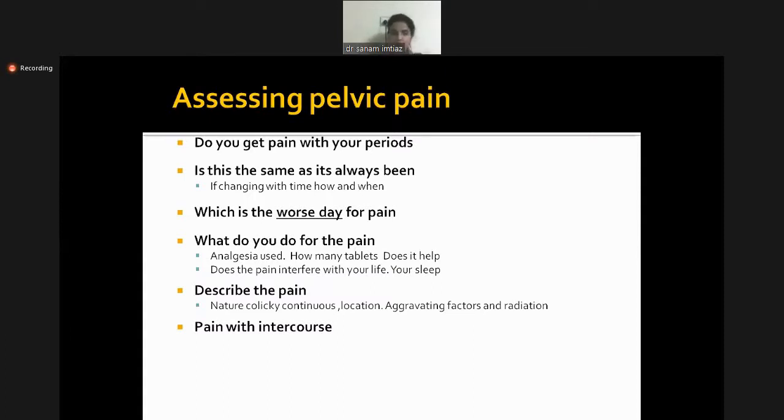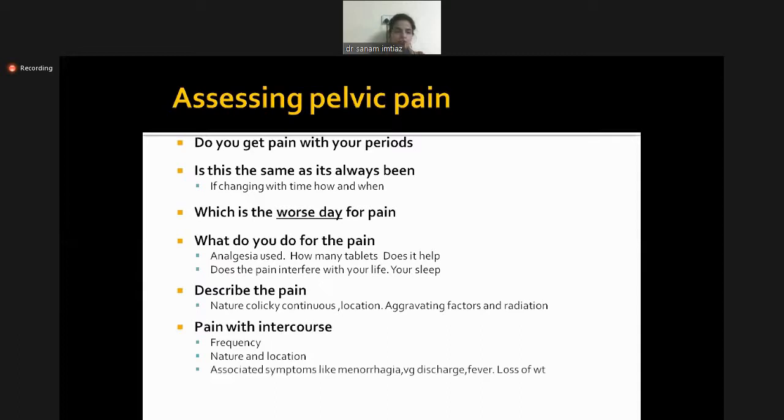So with time, you will understand the relevance of most of these questions and how you can relate them to any kind of provisional or differential diagnosis. So when you have a provisional diagnosis in your mind, then you can ask leading questions as well. Otherwise, you mostly leave open-ended questions for the patient for the initial history, or at least for the presenting complaint, and then you go on to the leading questions once you have a differential diagnosis in your mind.